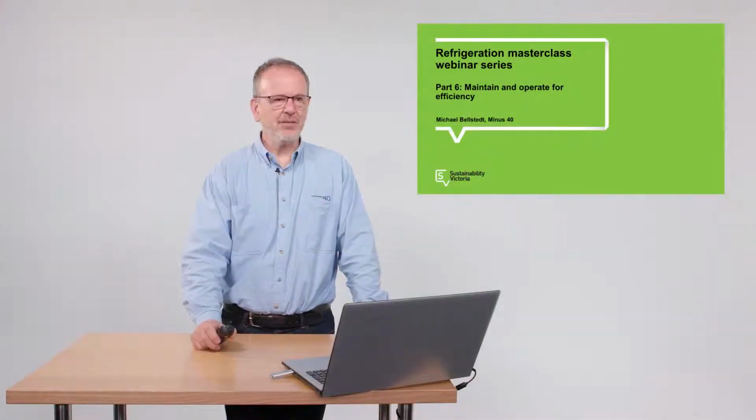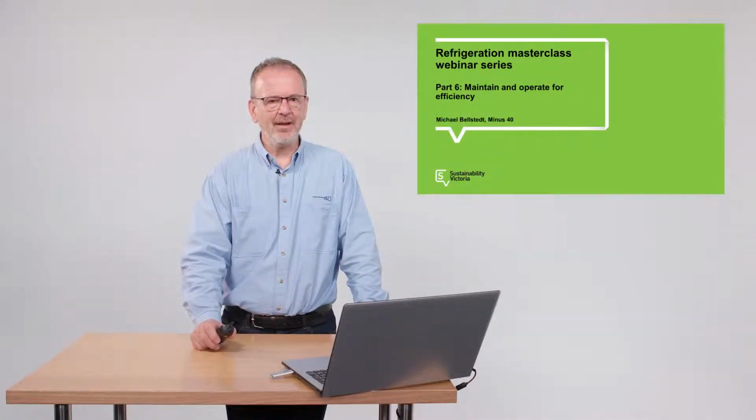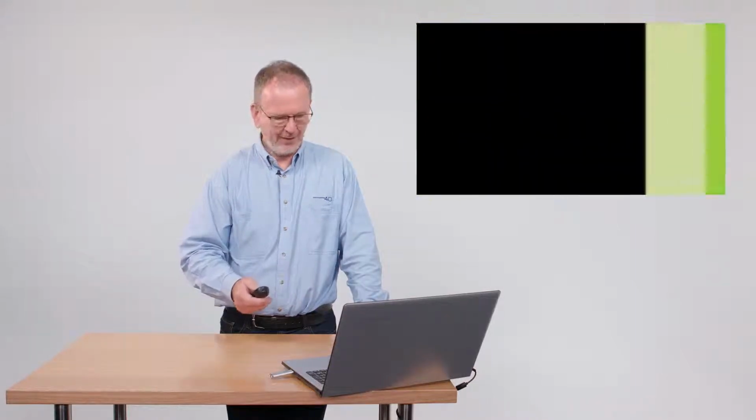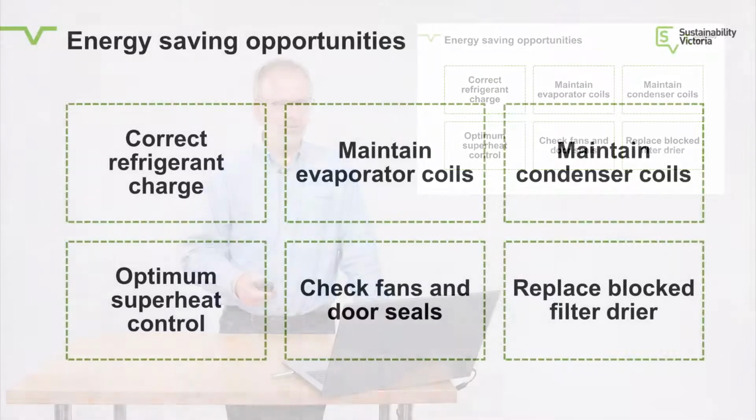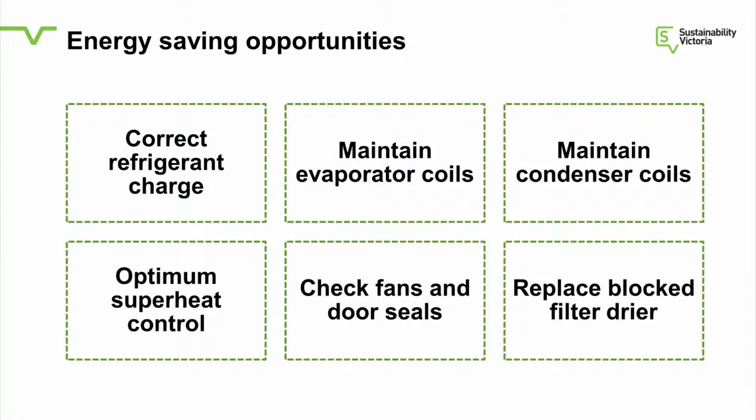In part 6 of the Refrigeration Masterclass, we'll talk about how to maintain and operate a plant for energy efficiency. Energy savings opportunities here are the following: the correct refrigerant charge, maintaining the evaporator coils, maintaining the condenser coils, maintaining optimum superheat control, checking fans and door seals, and replacing blocked filter dryers. Again, referring you back to the diagram that we had in the first presentation as to what these little devices